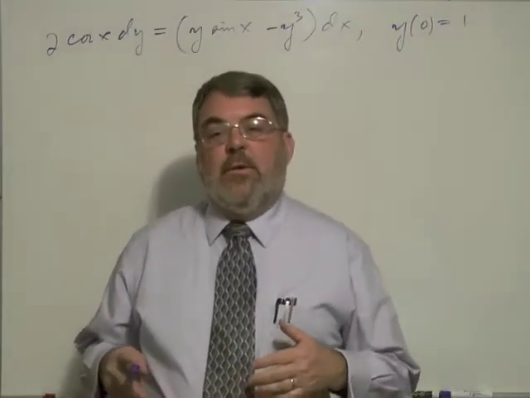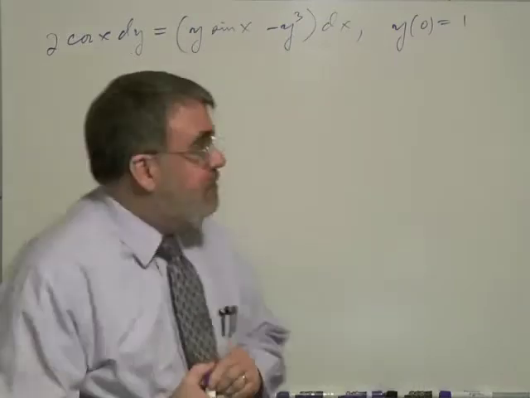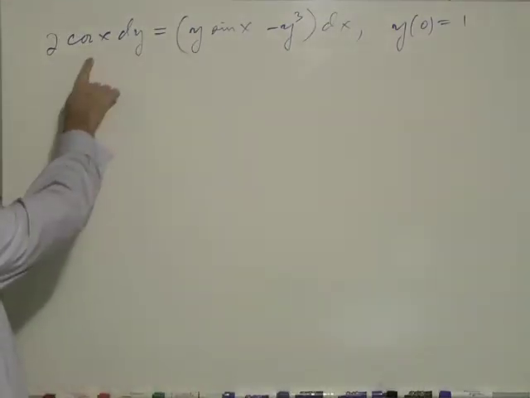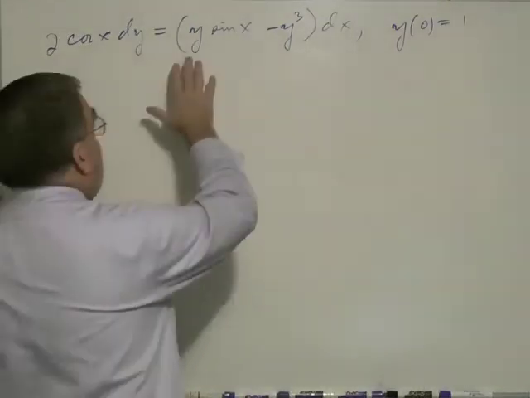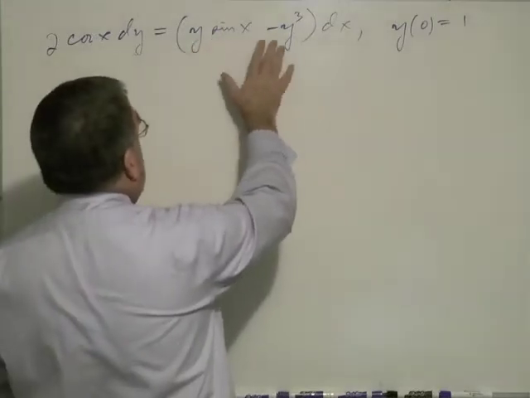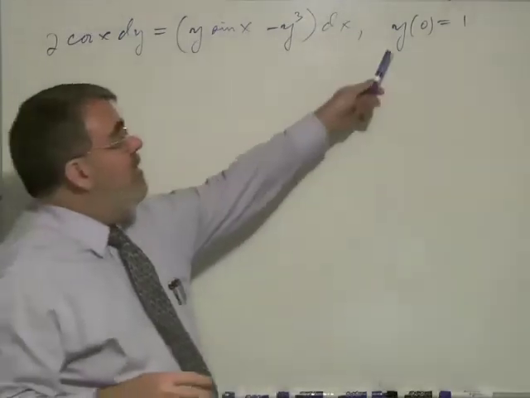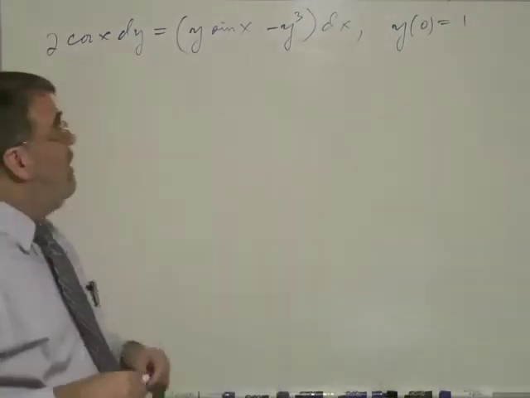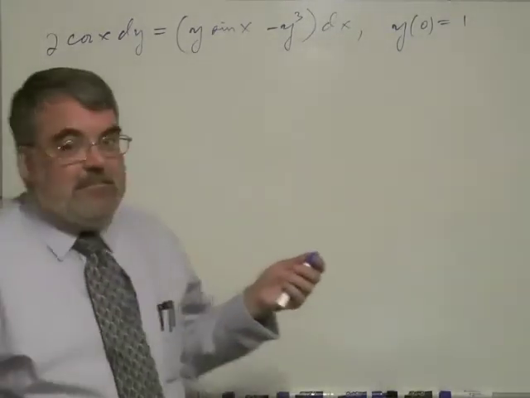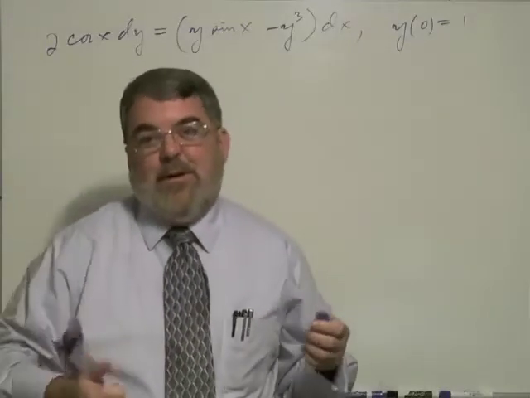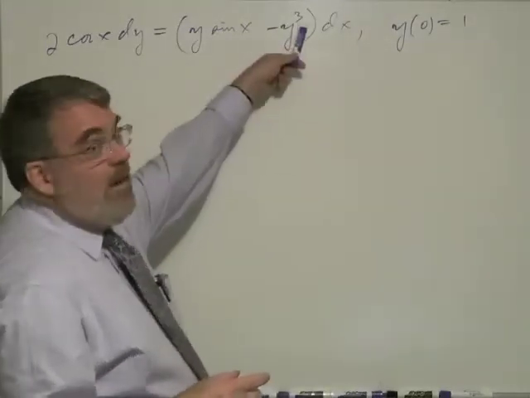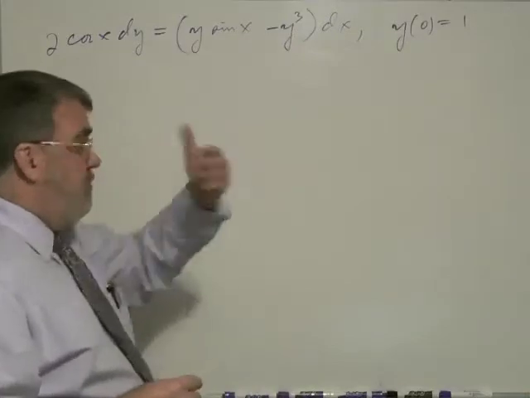This is problem number 23 on page 97. And it reads, 2 cosine x dy equals parentheses y sine x minus y cubed dx. And then there's the initial condition, y at 0 equal to 1. So now I suspect this may be a Bernoulli equation because of the y cubed term, a power higher than